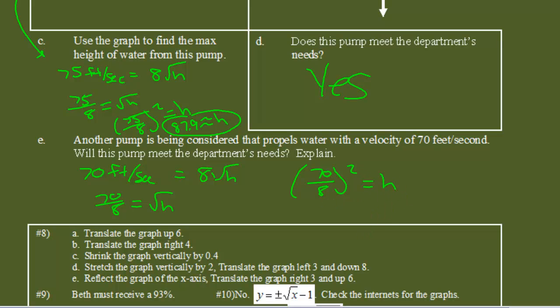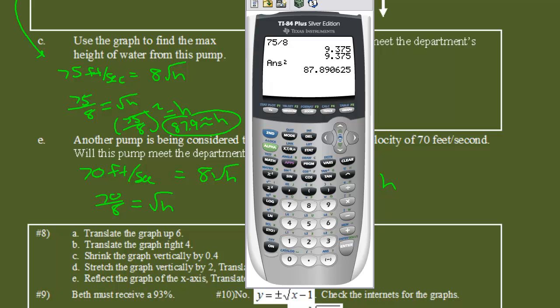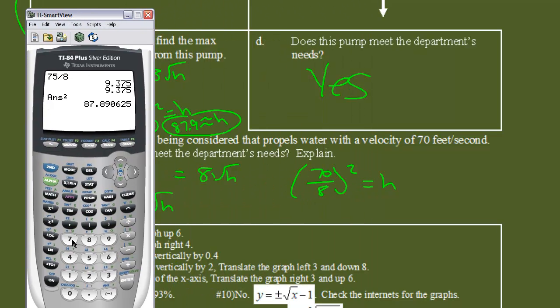I throw that into my calculator. 70 divided by 8. And then I square it. 76.6